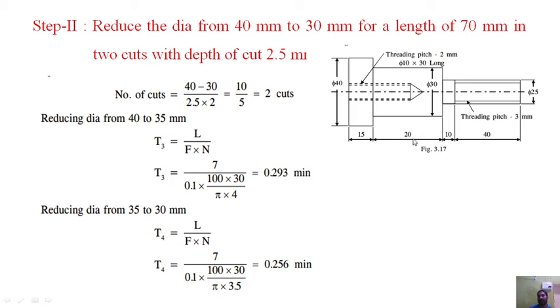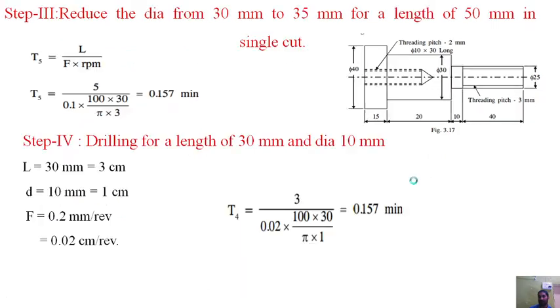Now the turning left is only for this length. We have to convert it into 25 mm dia for a length of 40. So the next step is reducing the dia, now it is 30 throughout for a length of 70 here. This portion is finished now, so we should not touch this portion. We have to turn here for a length of 40 plus 10, that is 50. We have to make dia from 30 to 25. So 5 mm means the depth of cut is 2.5 mm radially, so diametrically it will be 5 mm. It will be possible in a single cut. So reducing diameter from 30 to 25 mm for a length of 50 mm, that is 5 centimeter. So 5 centimeter is our length.